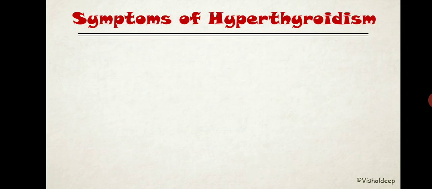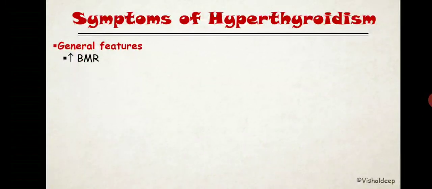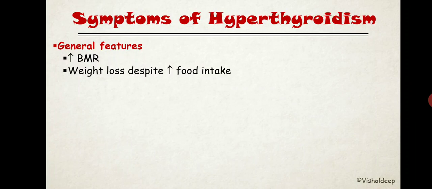Now the symptoms of the hyperthyroidism, I already discussed all the symptoms in the action of the thyroid hormone: what happens once the thyroid hormone is in excess, and what happens when the thyroid hormone is at a low level. So this is nothing but a revision of our previous lecture. What the thyroid hormone does practically is increase the BMR, the basal metabolic rate, and because of the increase in BMR, the person will increase food intake, and despite that there is weight loss, despite the increased food intake.